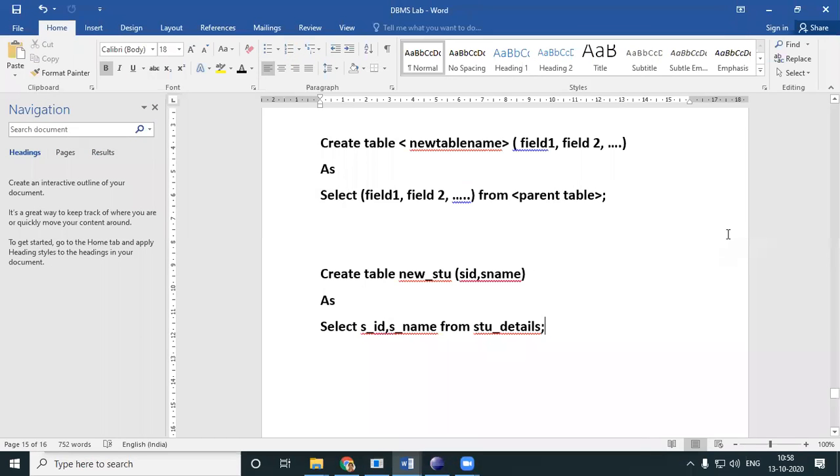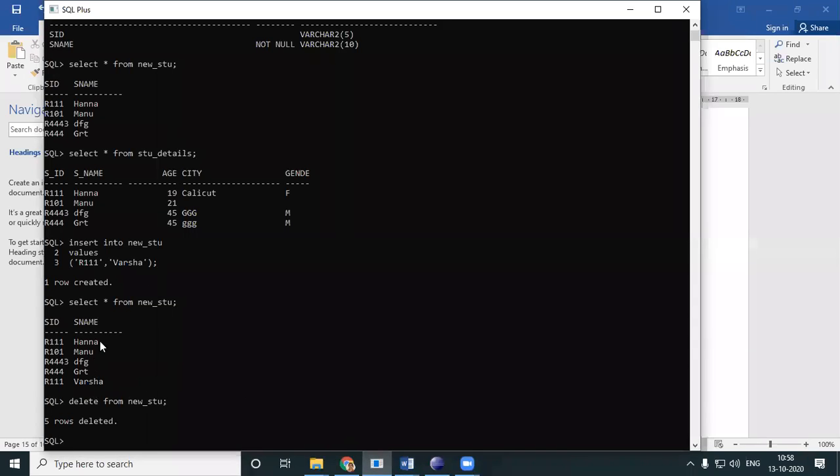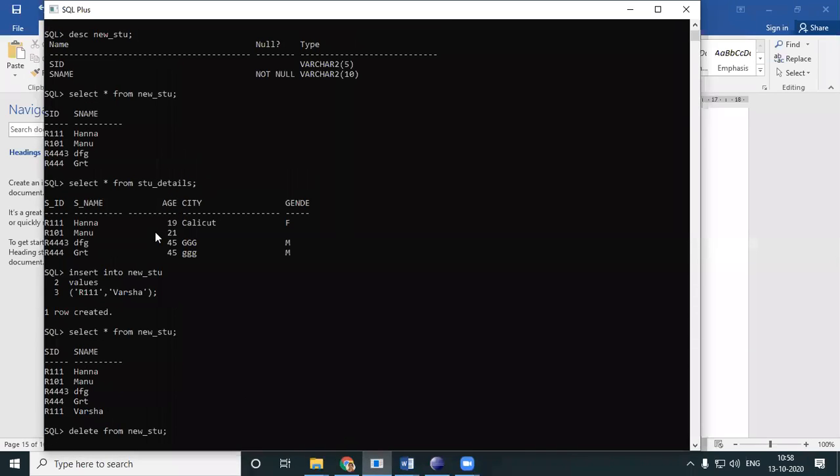Have a question. From your stu_details table, create a table with name and age. Create a subtable with name and age.